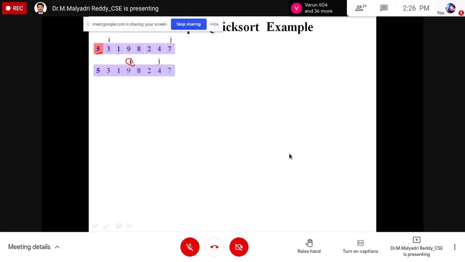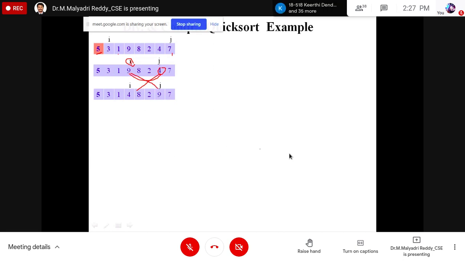So stop the iteration. Coming to the right position, j is compared with 7. 7 is greater than 5, so the condition is true. According to the j position, it gives the greater element than the pivot element. So j is decremented by 1. Always i is incremented by 1, j is decremented by 1. J comes to here, but 4 is smaller than the pivot element. According to the rule, the j position represents the greater element than the pivot element, so you need to swap these two elements. So 4 comes here, 9 comes here.